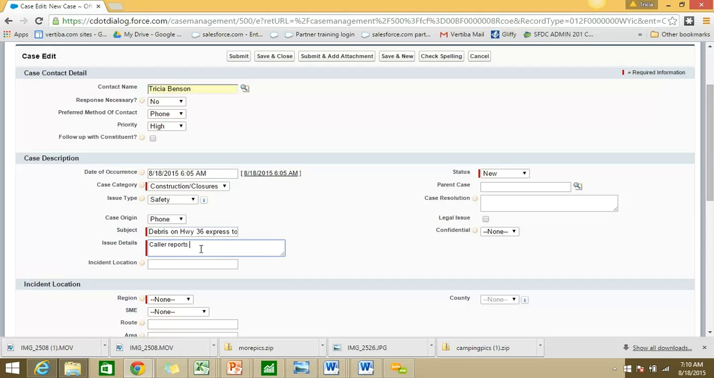Caller reports debris on Highway 36 express toll lanes, appears to be construction related and dislodged by wind. And we'll say that this is Highway 36 westbound between Federal and Sheridan. And we're going to leave this as a new status at this point, but notice that